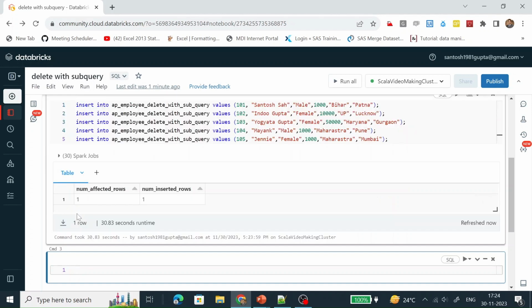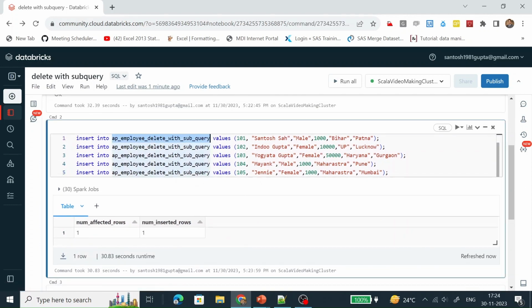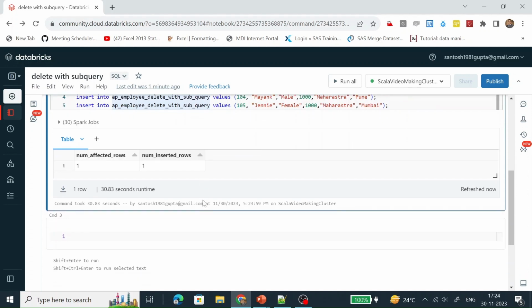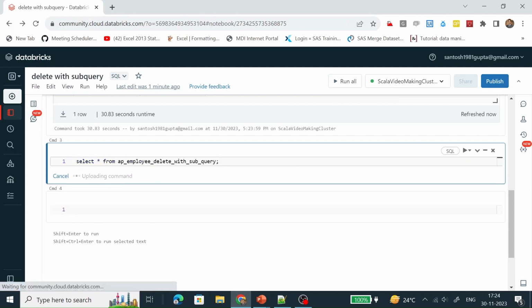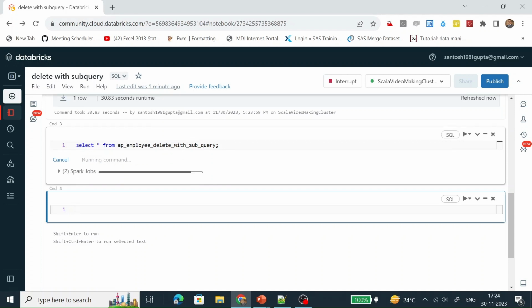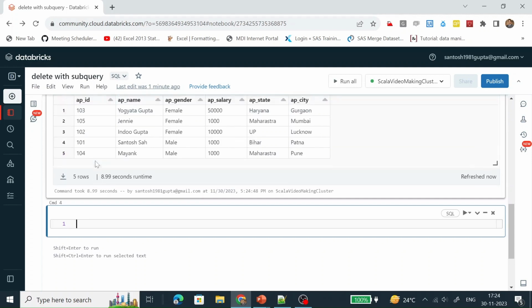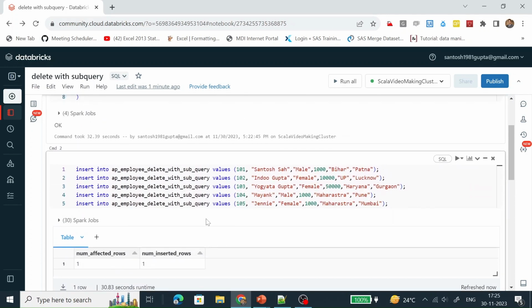It is taking some time. Okay, now the insert statement has inserted all the records in this table. So let's do a select. We can see these are the same records which are present in this insert statement.